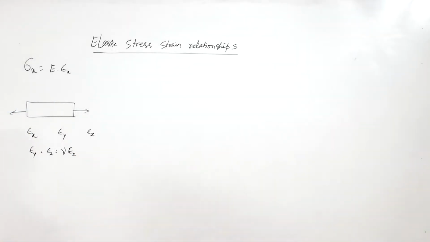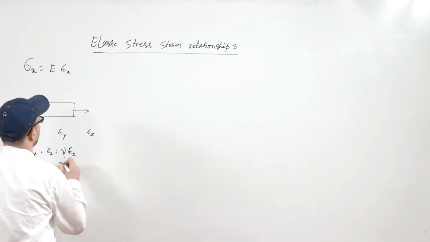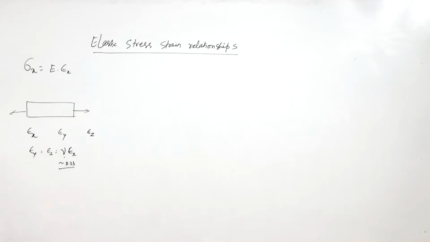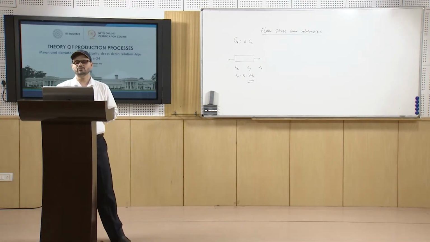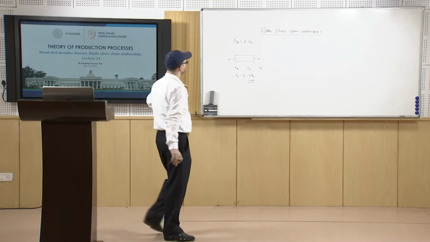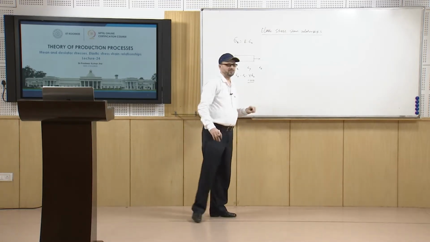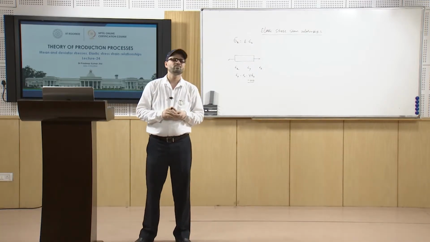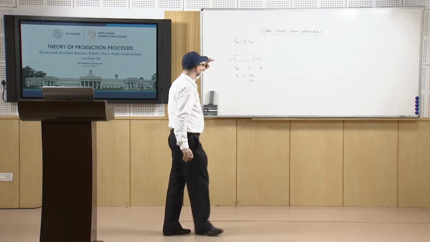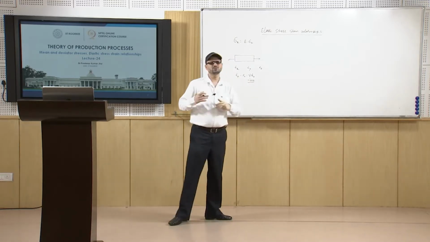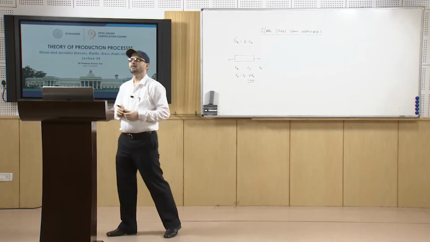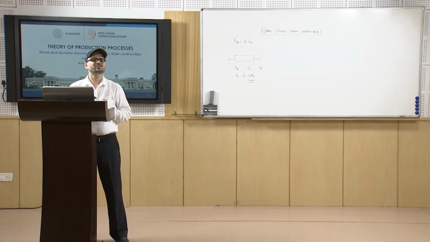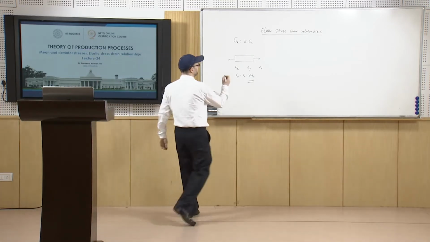Okay. And that's basically, this value is normally typically 0.33 for metals. So, that is another constant which is normally a constant for the material when we discuss. So, when we try to have the constitutive relationships between the constants, then this nu also comes into picture more frequently. Now, the thing is that if you take the stress, if you make a table,